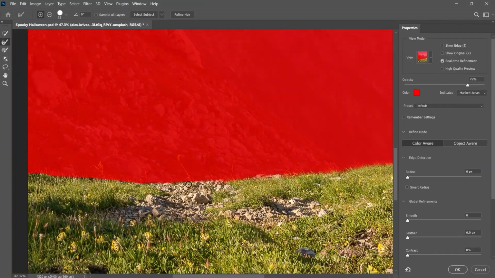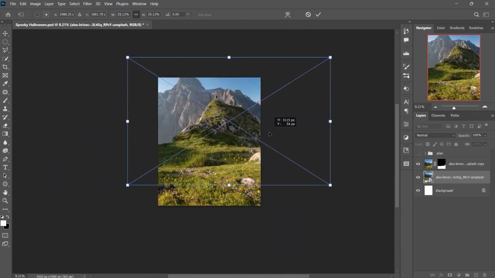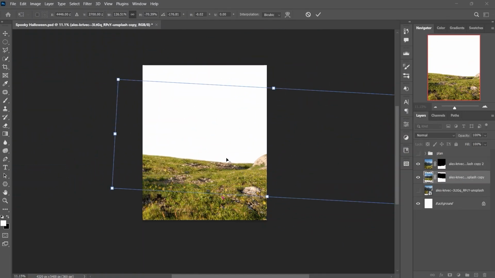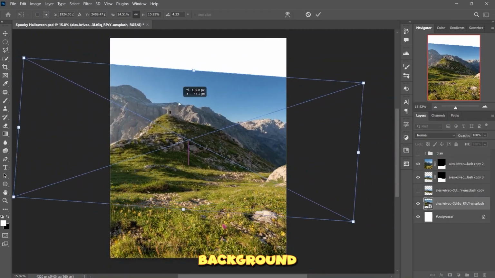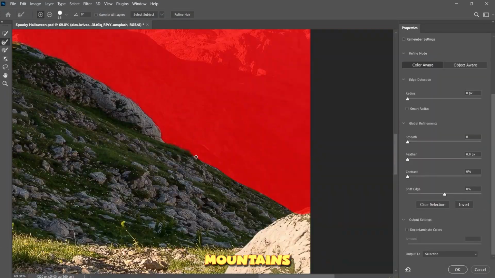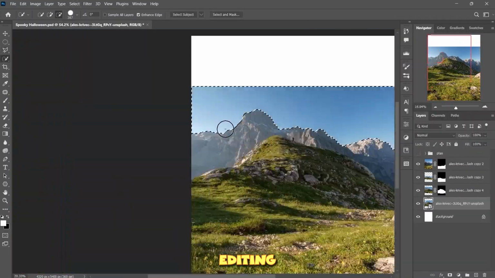To achieve this pattern, I utilized the same mountain image in multiple layers, crafting a landscape that seamlessly transitioned from the foreground to a cliffy background. और फिर background mountains के लिए मैंने फिर से वही image का यूज़ किया और mountain को separate कर दिया ताकि मैं उसे easily edit कर सकूँ आगे जाके।